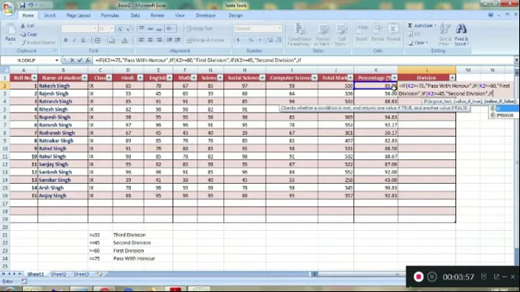Comma, if K2 is greater than or equal to 33, it will print third division, comma, otherwise, what happens, otherwise in the else condition, fail.